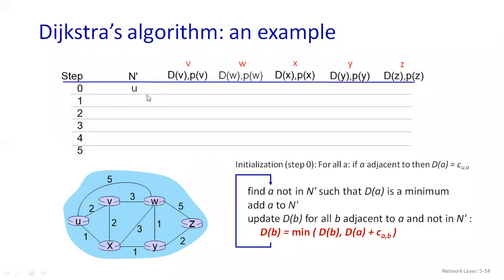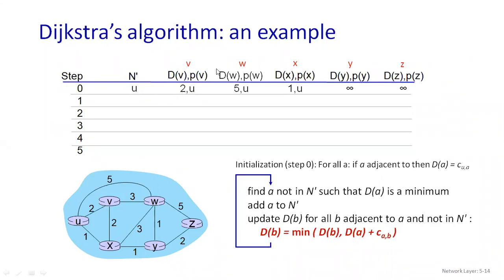Okay. So now we are going to start this. How are we going to start? The first step will be, you have to find out the distance and also the predecessor node. So if I'm starting from U, then what will happen? I have to go to V, right? Here you can see the V. If I'm moving from U to V, then what is my distance from U to V? That is 2. So I have written over here 2. What is the next one? Here I have written predecessor node. Which one is my predecessor node? If I want to go to V, my predecessor node will be U. My previous node will be U. So I have written 2, U.